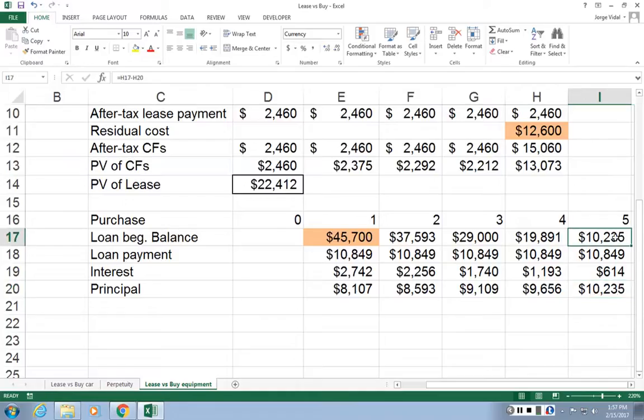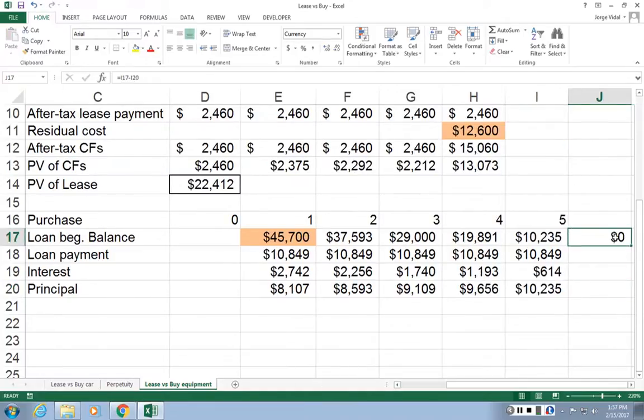If I copy this one more time, what's going to be the balance? Exactly 0, because you finished paying off your loan. Now, the reason why we're doing the decomposition, interest and principal, is because if you read in the handout, interest expenses are tax-deductible expenses when you have a company. So we have to find out how much the company is paying in interest. Right? Now, before we do that,